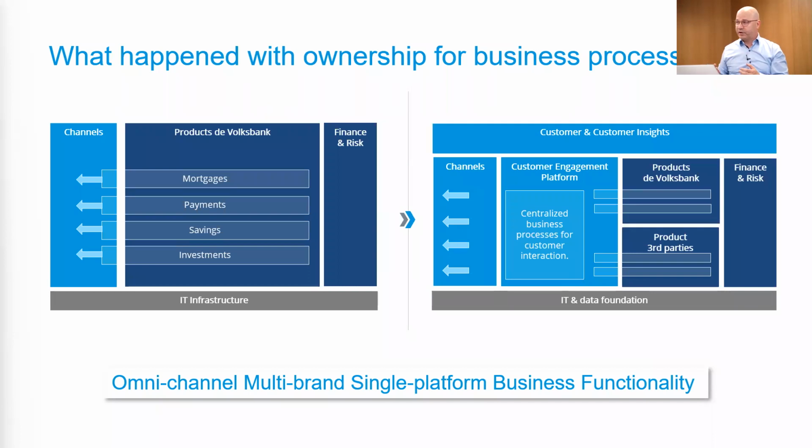And we said, no, we want to stop that. We want to have a customer experience that is optimal. We want to deal with customers primarily. They should have the best ever experience they could wish for. Stop thinking in products and start thinking in customer experience. And once you do that, you need to decouple the product silos from the customers. And that's where we introduce the centralized business processes for customer interaction.